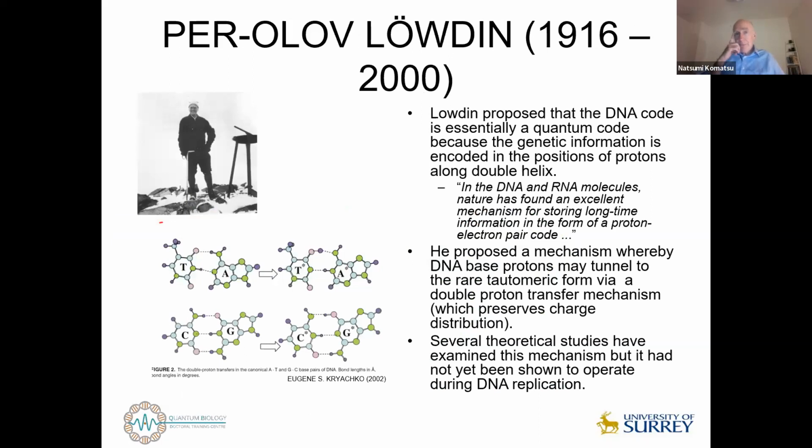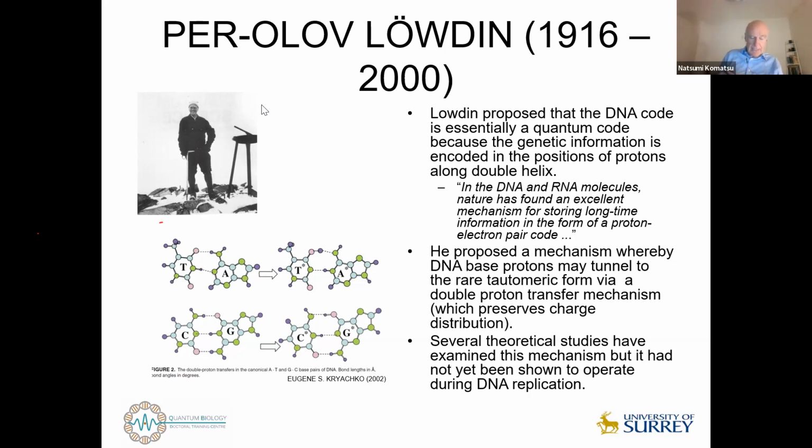But I did know of the work of Per-Olov Löwdin, and he was the first person to really point out that DNA genetic information is actually written in proton position, and there is a kind of quantum code. And it actually reflects an earlier idea of Erwin Schrödinger, and we'll go into his work, but he had proposed a decade or so before the structure of DNA was revealed, that heredity should be based on some kind of quantum code, what he called an aperiodic crystal, in which single quantum entities such as atoms would play a role. Atoms or fundamental particles would play a role in heredity. And that was, of course, borne out